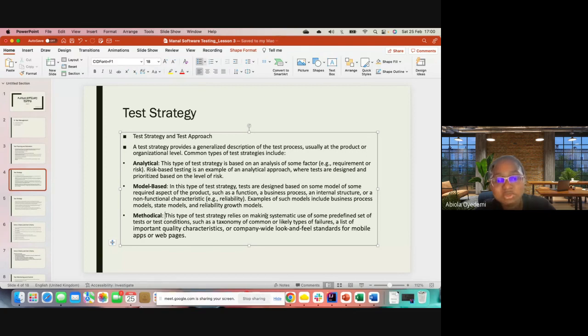All right. So we say this for methodical, it has to do with a systematic use of some predefined set of test or test condition, such as taxonomy. Taxonomy is like the name of the product, all right, and likely causes of failure, all right, a list of important quality characteristics a company while look and feel standard for mobile and so on. So I think you can use methodical when you are talking about some kind of mobile application. You know, when you are testing some mobile application,